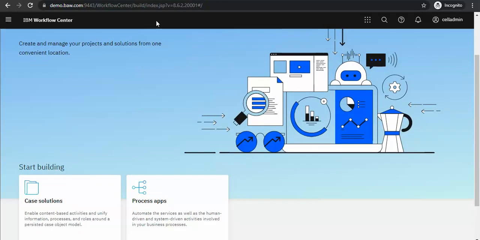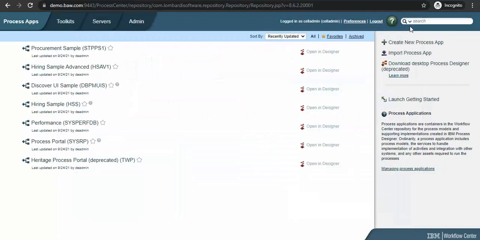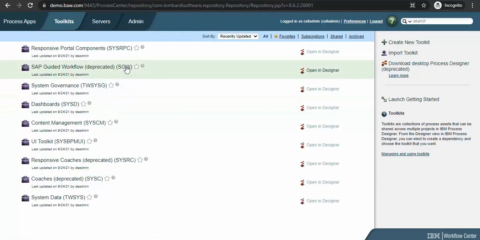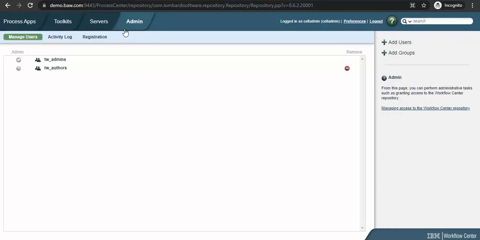Okay, so let me open process center. So now you can see the version BAW 20, and this desktop process designer got deprecated after 8.5.7, and this page will be familiar to you because I don't think there is a change here in this page, and this is also same, and we have server, we have admin.